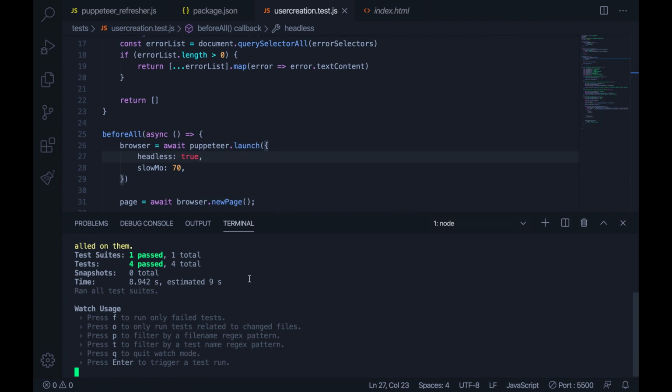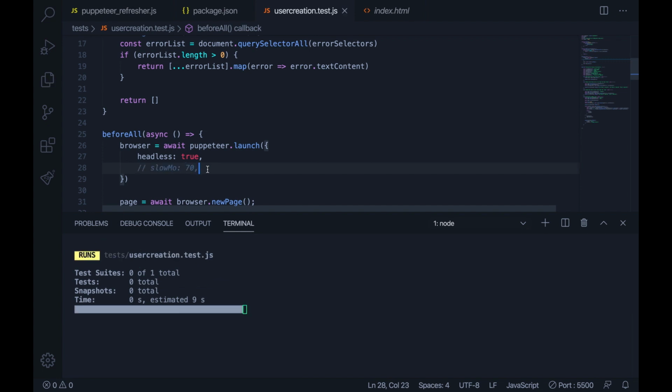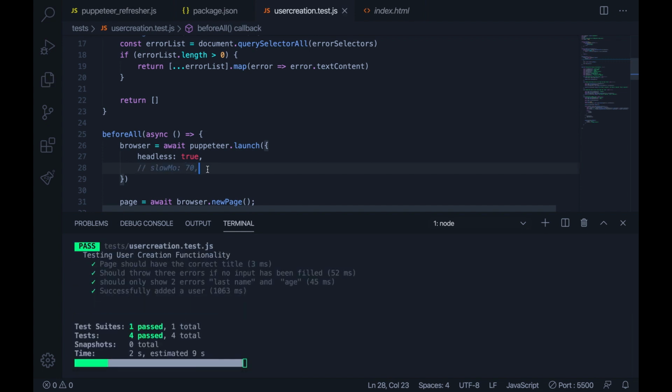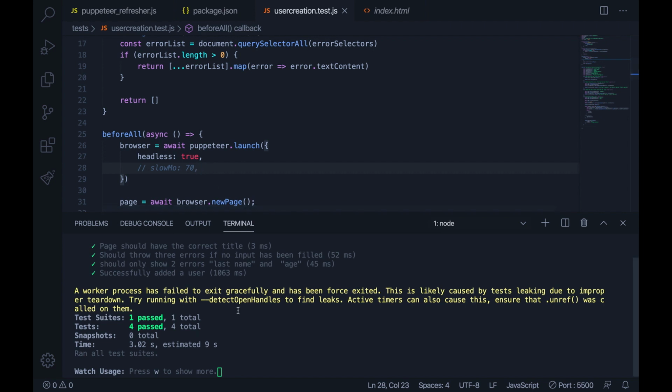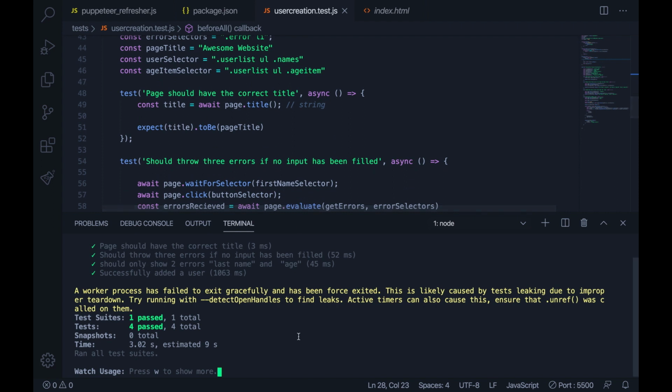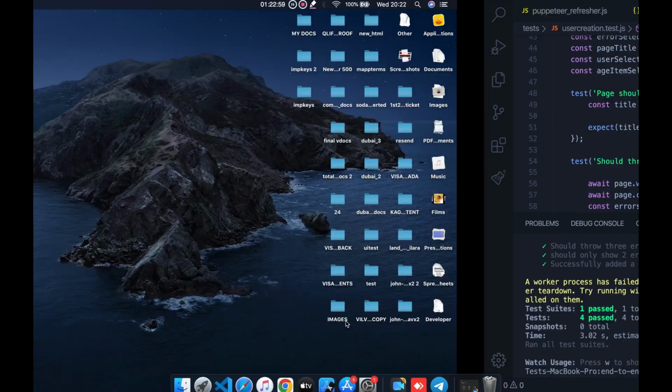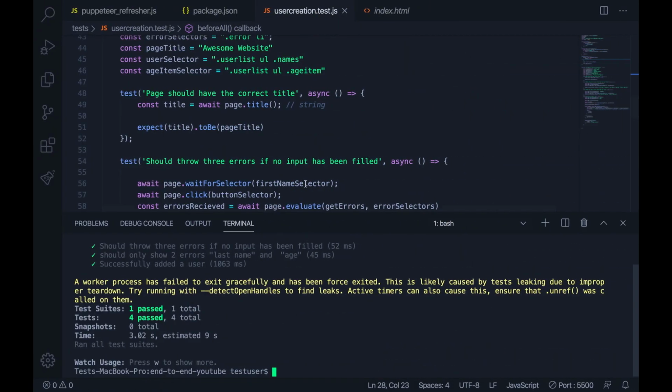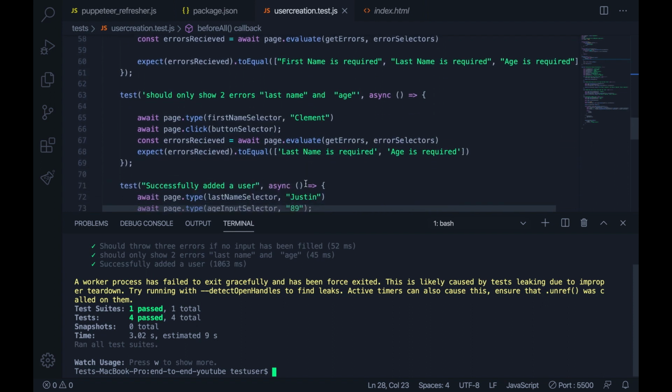Perfect. So all the tests ran, but I want to remove the slow-mo and see if it's going to work without the slow-mo as well. Everything ran as well. Perfect. So another thing I want to do, because it's going to be leaving some leaks, which is a problem, is I want to